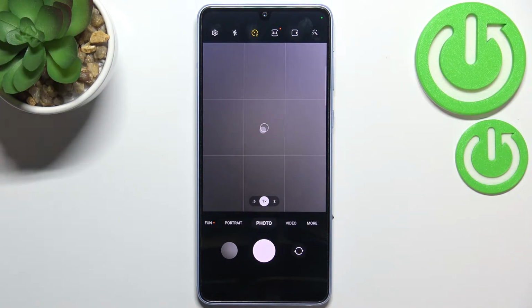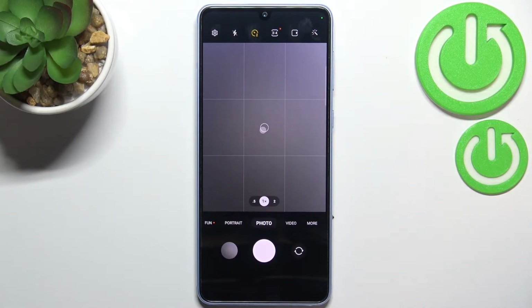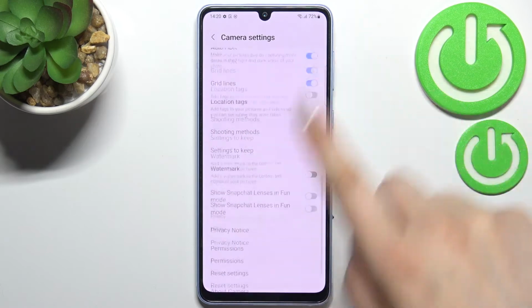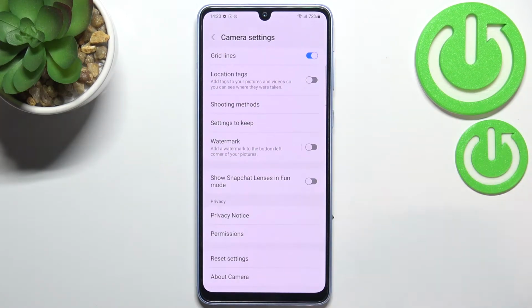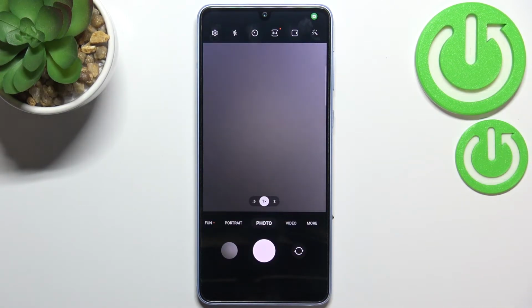If we are on the camera, we have to enter the settings, which are in the left upper corner. Now we can scroll down to the very bottom and find reset settings. Let's tap on it. Let's confirm it with tapping on reset, and as you can see, we've immediately got back